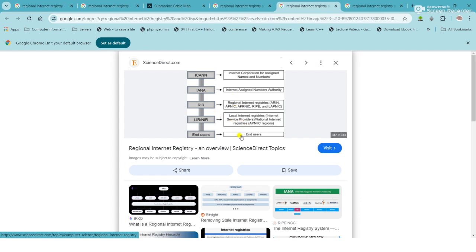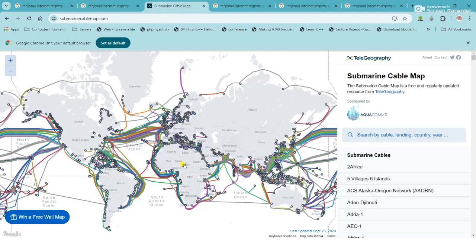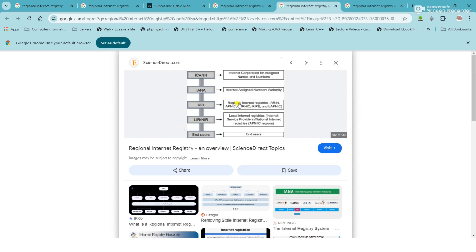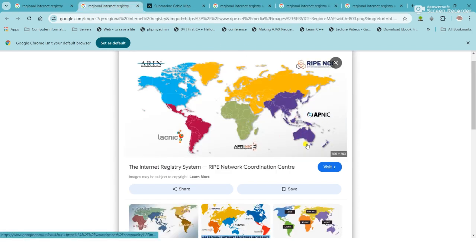So you realize that you are the end user and you are going to speak to the local internet registries. That's the internet service providers and maybe national internet registries. For you now, let's just take one step at a time. But before that, these are the regional internet registries. They are the authorities in charge. So the cables are coming all right, but who is going to oversee all these cables and IP addresses to make sure that this country will have IP addresses, and here too? That allocation and coordination is done by the big organizations over here.